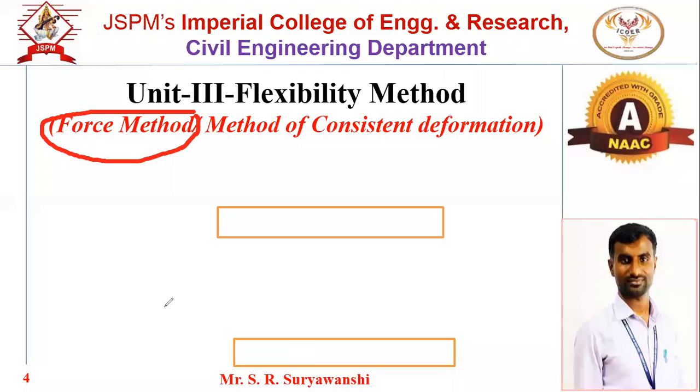Yes, anyone? Do you remember what the degree of redundancy is? Or the redundant force? Okay. What is DSI? DSI means what? Oh, yes. Degree of static indeterminacy. So what are the basic unknowns? In the degree of static indeterminacy, what do we find out, or how do we find it out?